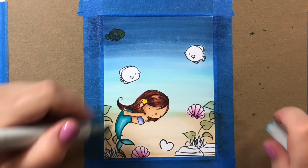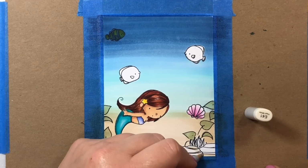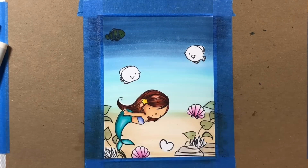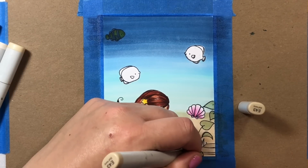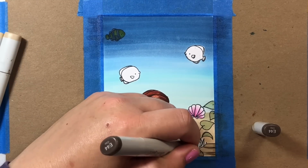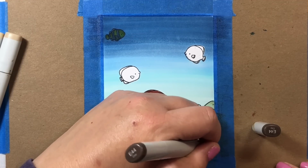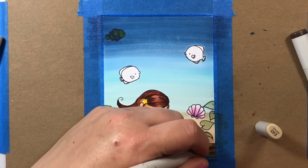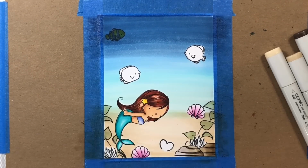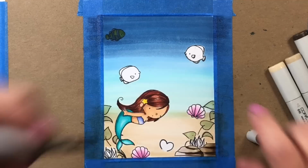And I'm just leaving the center of her tail and the centers of her fins pretty light, just to help give dimension to her body. And then for the little rocks up front, we're going to color them in with some E40s. And I'm going to make sure that the part of the rock that's closest to the heart of the ocean is very light, because I want it to look like, I said, the heart of the ocean is casting kind of a glow against the rocks. And by having a little color gradient from darkest to lightest, that's going to help with that effect with those